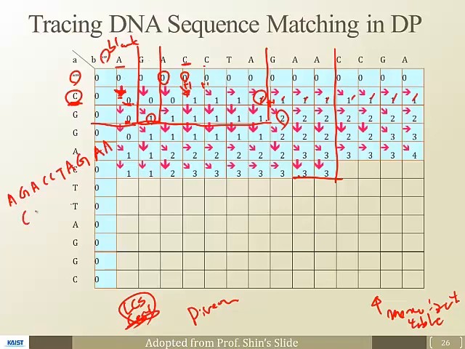And then we have C, G, G, A, C, right? And how it matches up. So actually it matched up like this, G and G, G and G, and A,